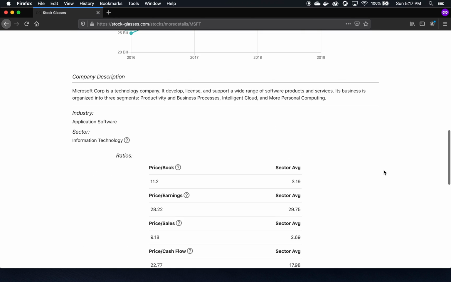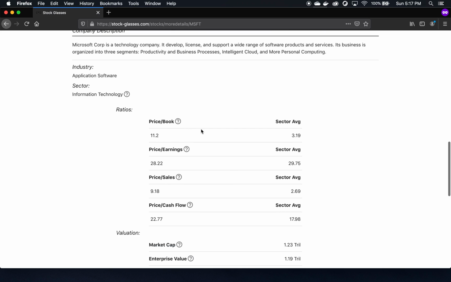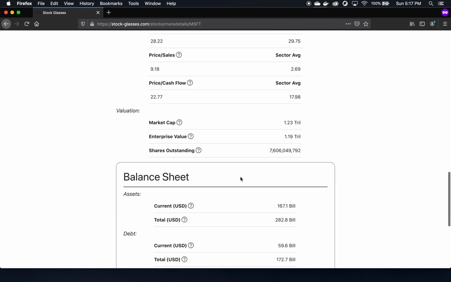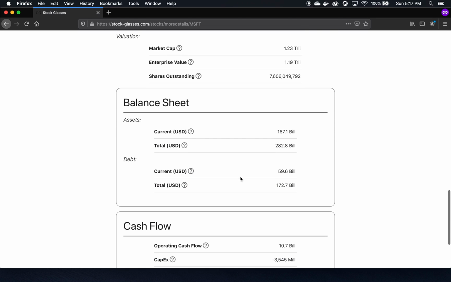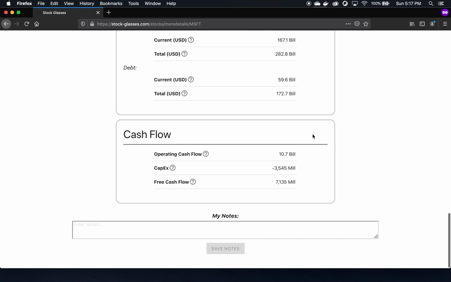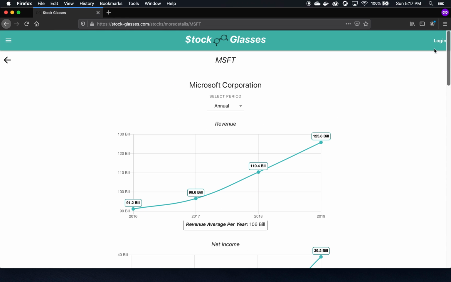You can also get a description of the company here, as well as its industry and sector, and more ratios with the sector average so that you can compare them to see if the company is cheap or expensive compared to their peers. You get a quick overview of the balance sheet and cash flow statement, and you can also save notes here. You need to be logged in to be able to do that,